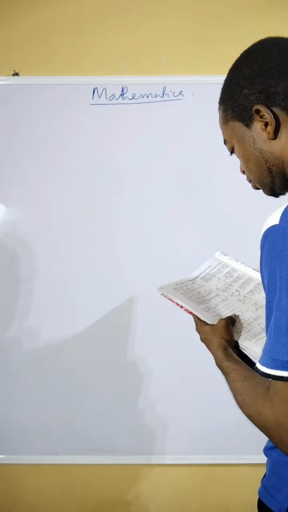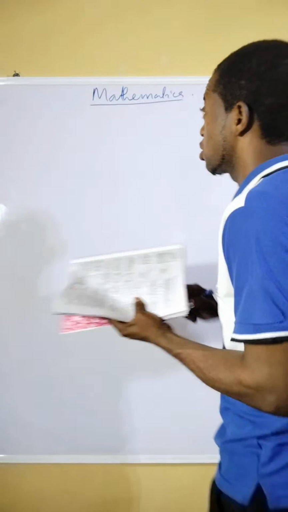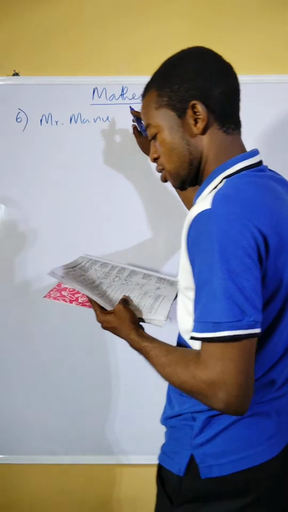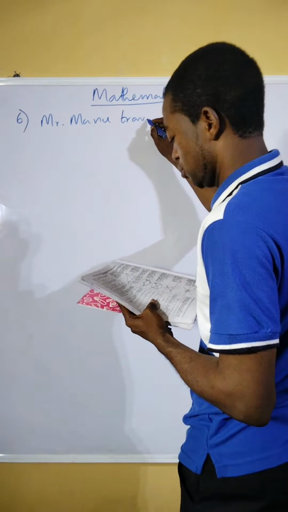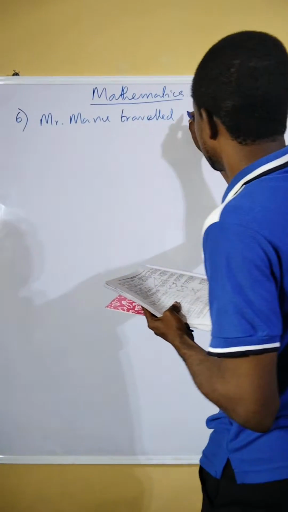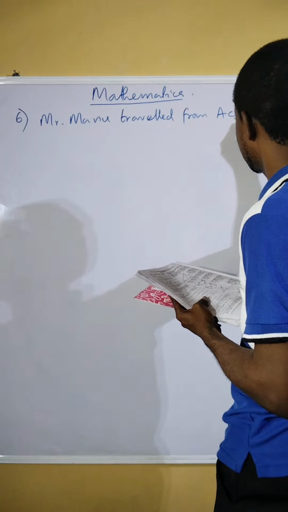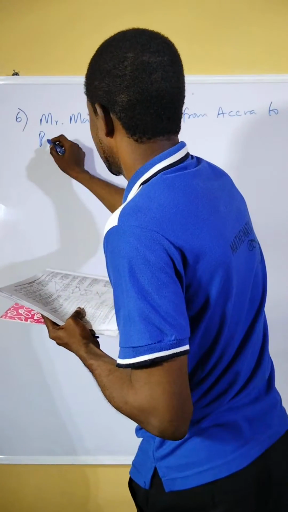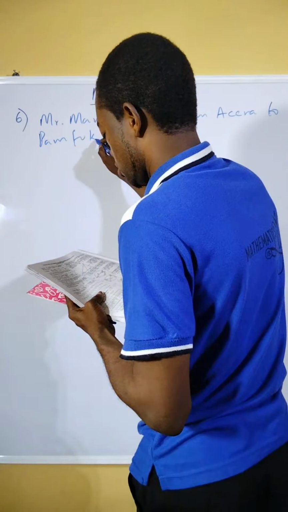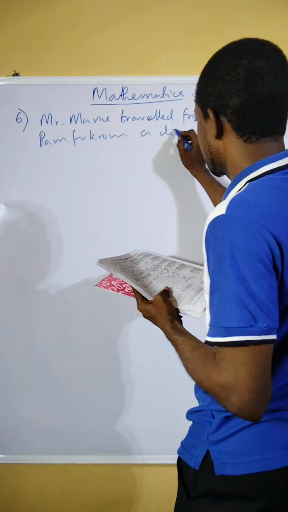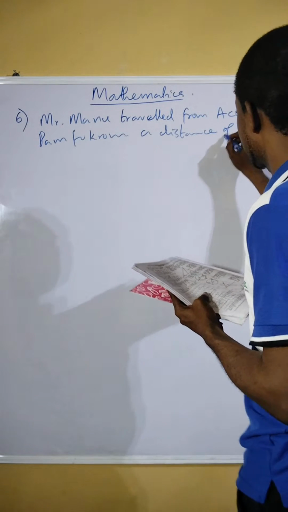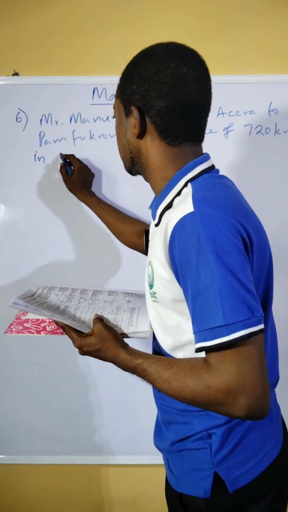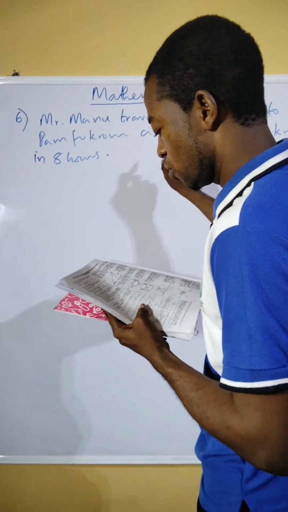This question says, Mr. Manu traveled from Accra to Franfolk, a distance of 720 kilometers in 8 hours. What will be his speed